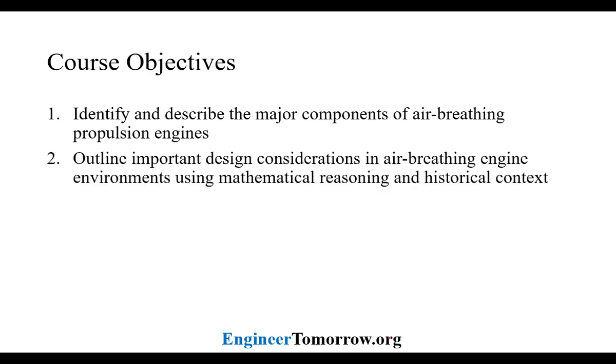Along those lines, I want to outline some really important design considerations, which are based on mathematics. So we'll do some sort of analysis using math to describe certain behavior and why you would choose something over something else, and then also look at some historical context. So in the past, there have been a lot of experiments and a lot of empirical data that is often used in the field in order to make decisions. So I will be pointing you to certain historical experiments, and you can make informed decisions about your design based on that.